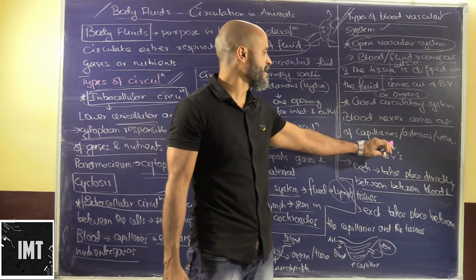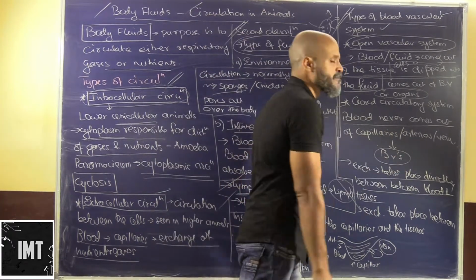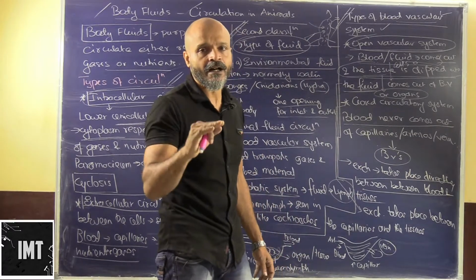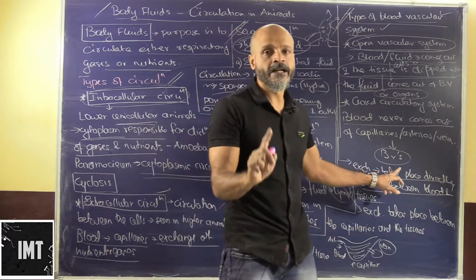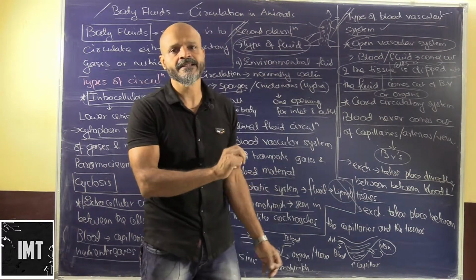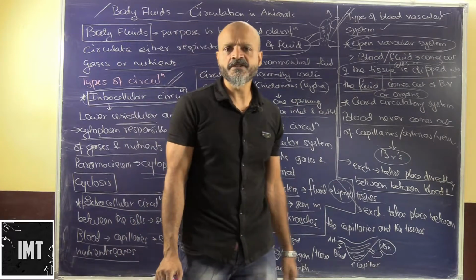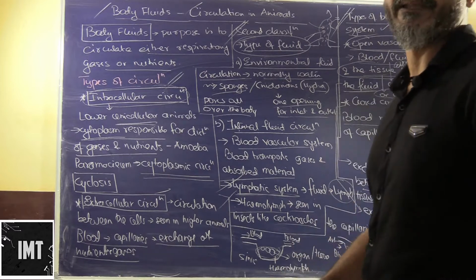Blood capillaries, arteries and veins are basically known as the blood vessels, and these blood vessels are basically passing through the cells and tissues, and exchange is taking place. But there is no direct interaction between the blood and these cells or tissues. Okay, so this was just an outline of what we are going to study throughout the chapter. We will have more coming in.